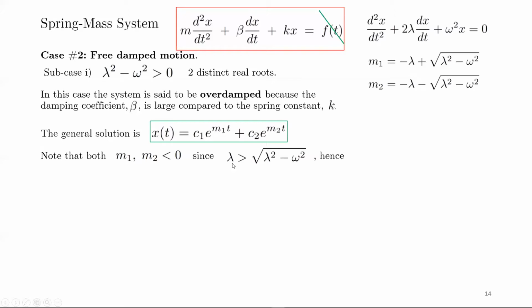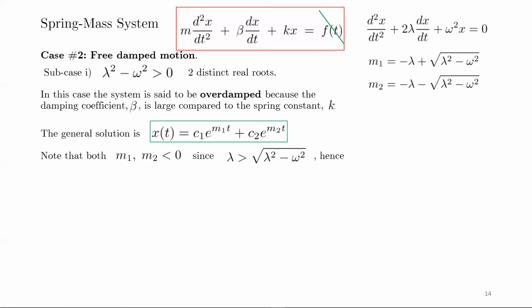why lambda, we know that lambda has got to be greater than the square root of lambda squared minus omega squared. Okay. So that means that if we look at our two roots here, m1 and m2, lambda is greater than the square root of lambda squared minus omega squared. So both of these things have to be negative. Okay. So again, if you need to pause the video here and just think about why m1 and m2 have to be negative, that's fine. Maybe you should do that. If you think about it for too long though, just maybe send me an email and we can discuss it